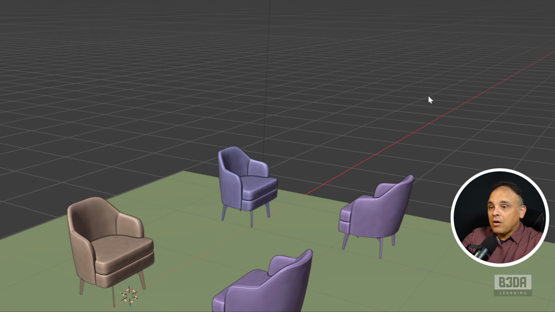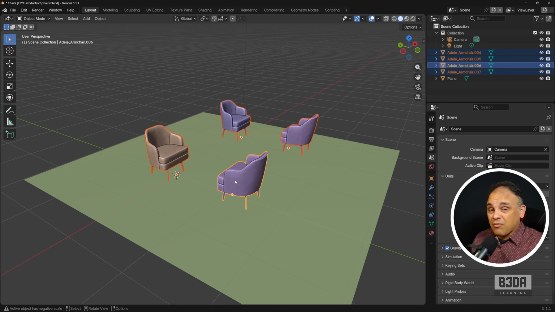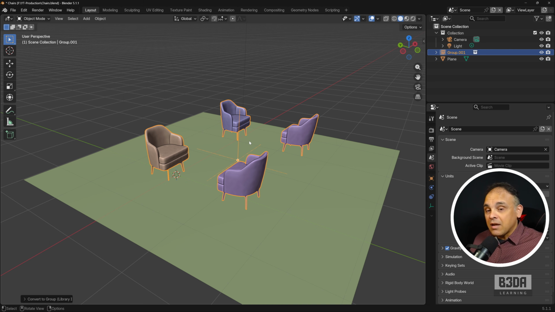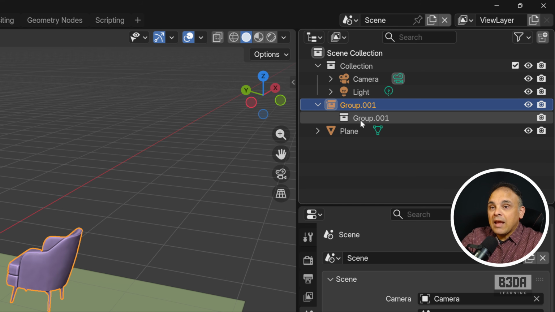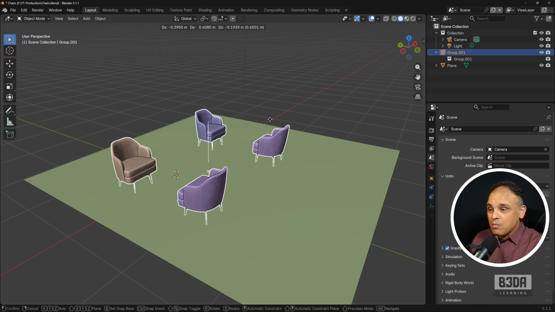So let's take a look at how it works. The workflow is quite similar to what you get in SketchUp. For instance, I will select 4 chair objects here, and I will press Ctrl G. Same shortcut from SketchUp. You will see that it will create a new group here as a collection, and it's actually an instance. You will see here that we have group 1, group 001. Now, if you select just one object, this is now part of a group. I can move things around,